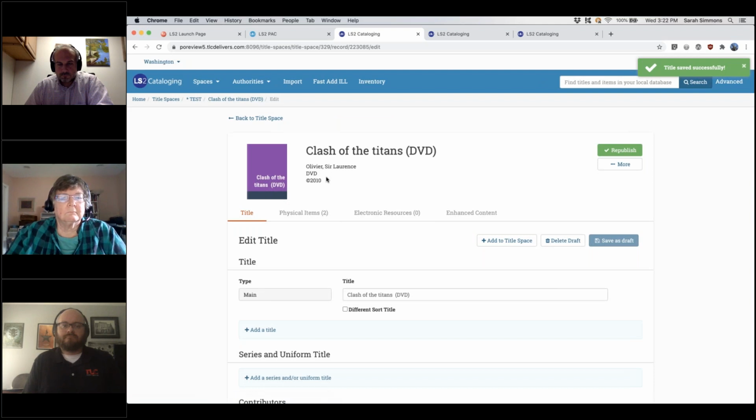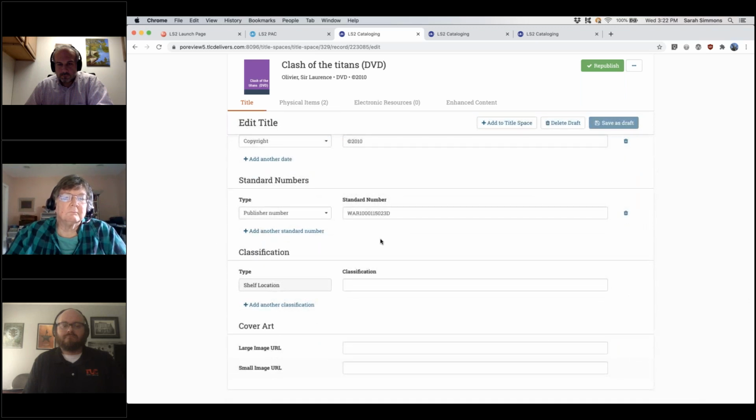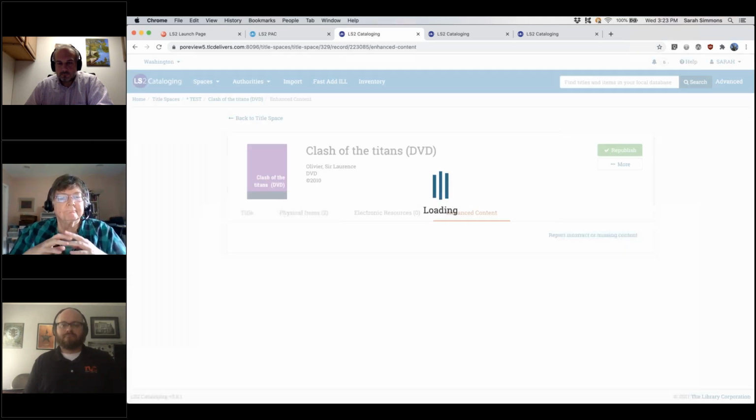And you'll notice because I removed the ISBNs and the UPCs from that record, we don't have cover art anymore. If I scroll back down, you'll note there's a publisher number, but that's not an ISBN or a UPC. Those are the two, again, key identifiers for Syndetics. If I go to enhance content though,